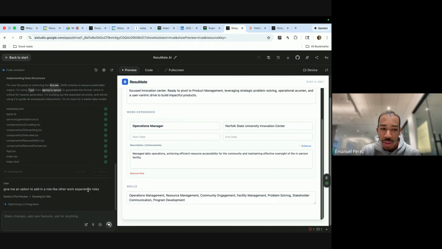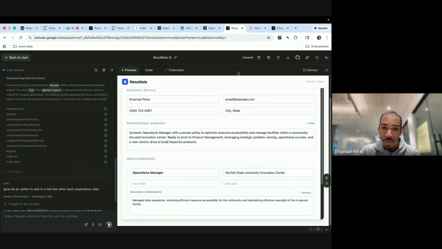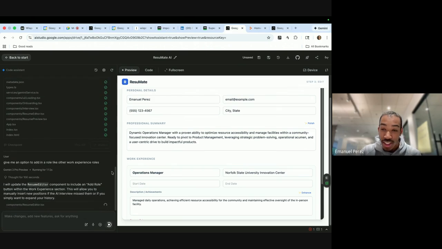If you were to give it to a traditional software engineer, you'd be paying thousands of dollars to get an app shipped like this, and you would probably have to wait a few weeks to a month to get it in hand and use it. But you see, it's only been 10 minutes we've been working with this. It's already working, and we're talking on V2.